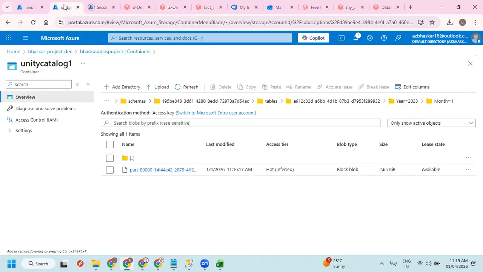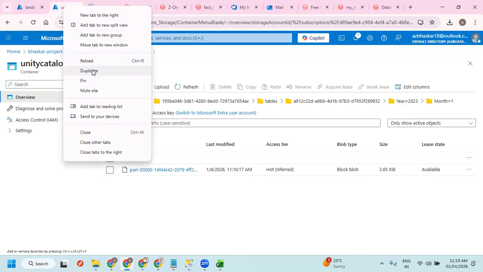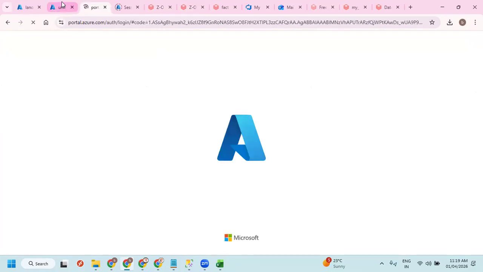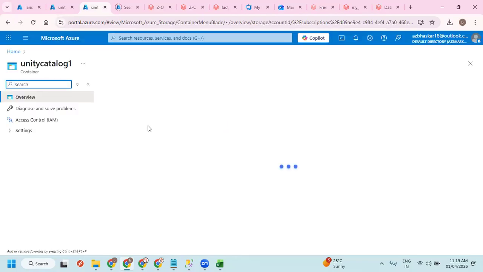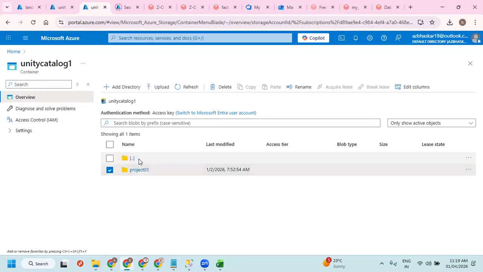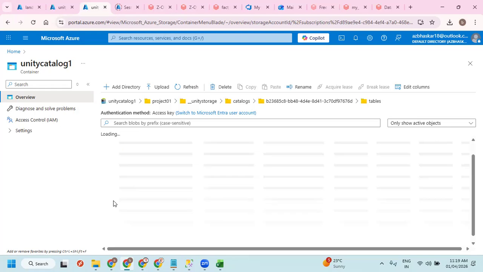Okay, let me go here, duplicate this tab. Project 1, catalogs, tables.